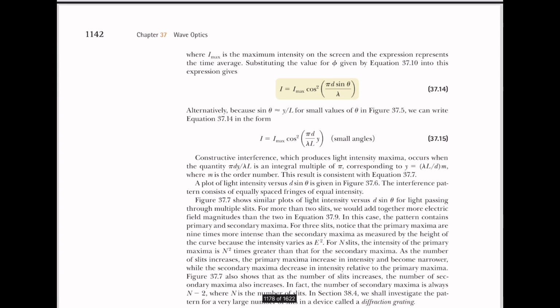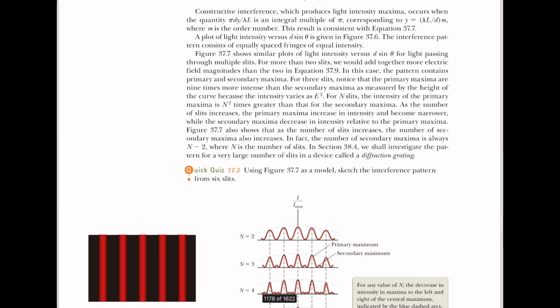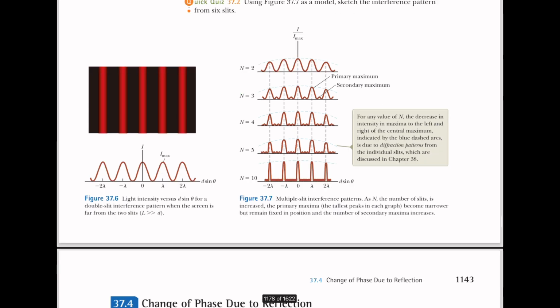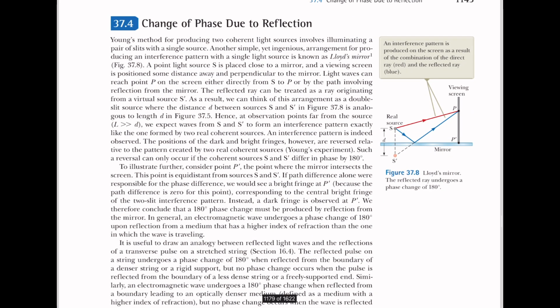It looks like I equals I max cosine squared with a bunch of stuff inside the cosine. I'm not sure what this is. I'm assuming I means intensity. Not sure. We're gonna look at it. A couple of pictures here, and they actually show you I max and I at the top. Okay, I don't have time to look at that, but I will keep it in mind that that is about